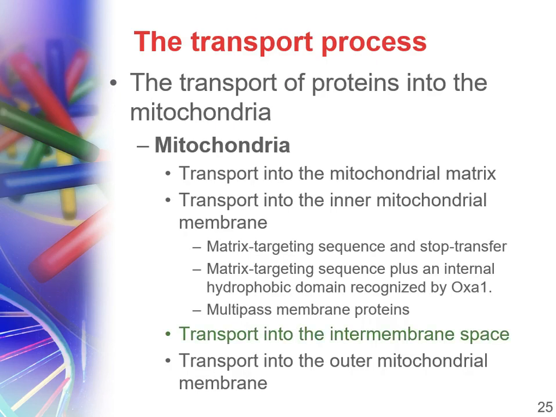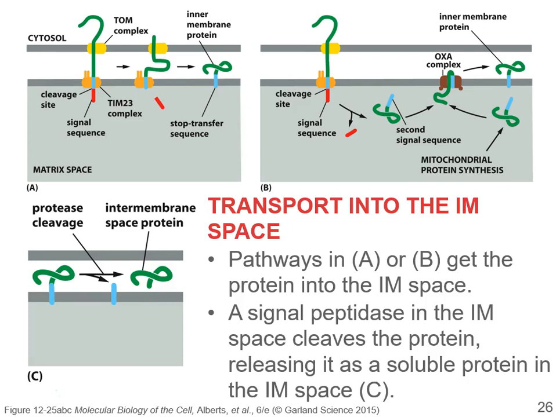Okay, so we got into the matrix, we got into the inner mitochondrial membrane. How do we get to the inner membrane space? Well, we can borrow those pathways I just showed you, A, B, and C. If we use A to get to the inner membrane space like I showed you here, or with B where we involved OXA, then once these proteins are anchored in the inner mitochondrial membrane, you could have a protease that cleaves it,